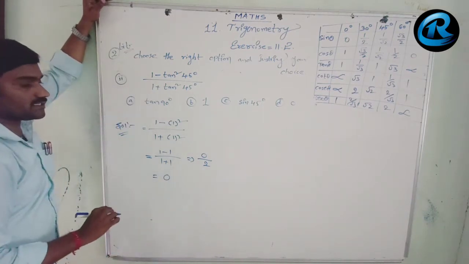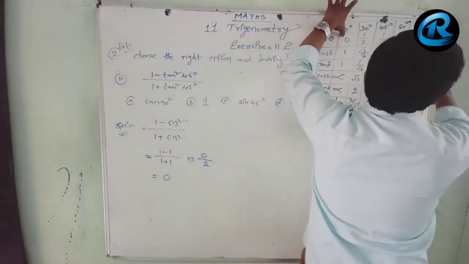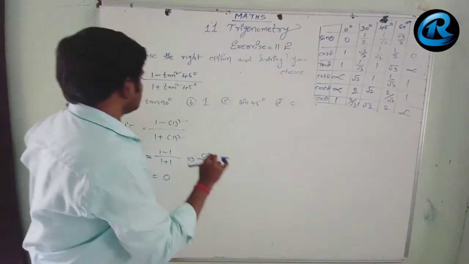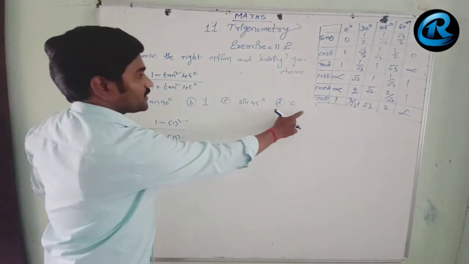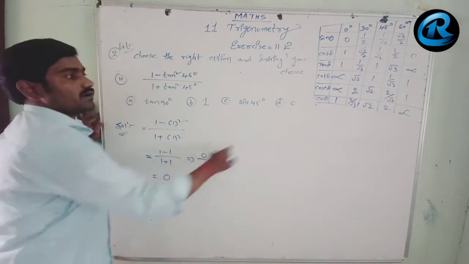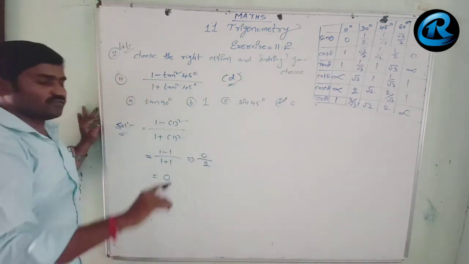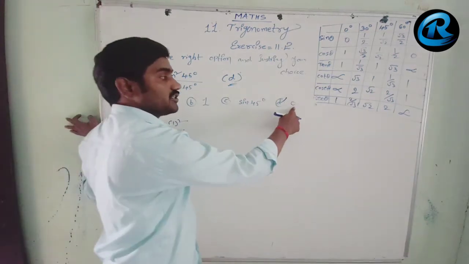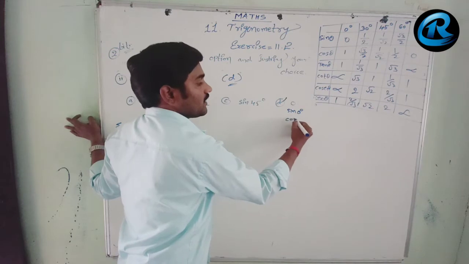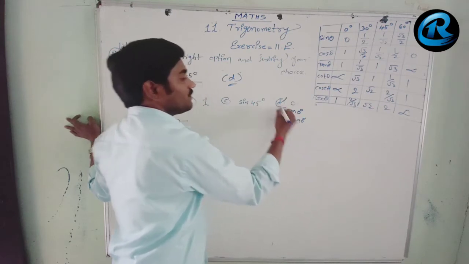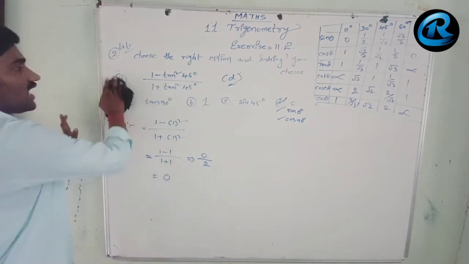0 by 2 is nothing but 0. Where do you get the 0 in the trigonometric ratios? Sin 0 and cos 90. So sin 0 and cos 90. Here the option directly gives 0, so we write the option as it is. If they give sin 0 degrees, the option could be sin 0 degrees, or cos 90 degrees, this also can be an option here. So we need to check in all aspects.